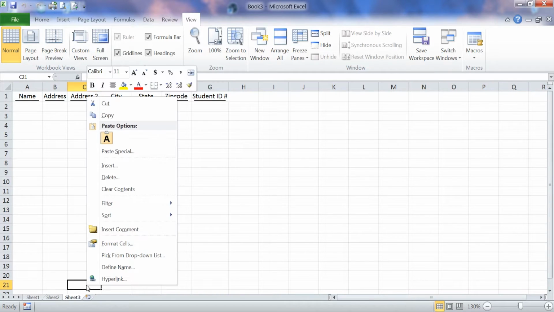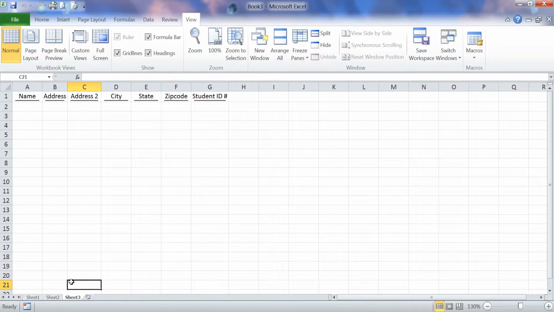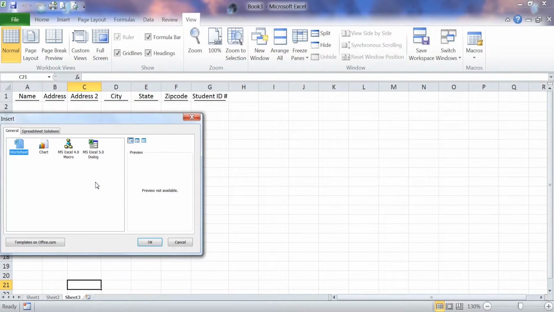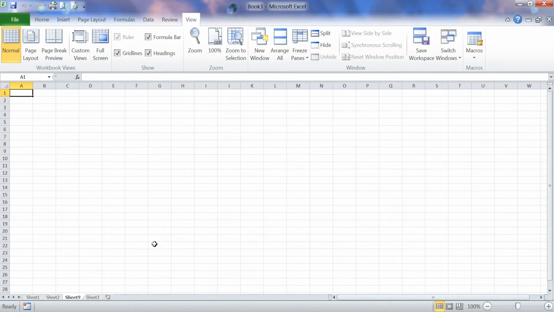If I click on that again, make sure you're sitting on the sheet itself when you right click sheet 3. I could insert at this point. Insert a worksheet. Now I'm at sheet 9. Well, sheet 9 isn't what I want, and I don't want it in that spot, so I can left click on sheet 9,